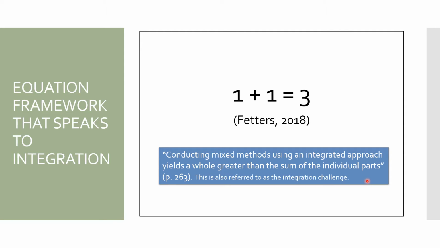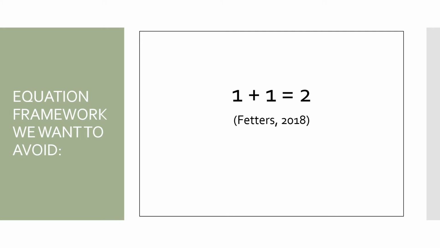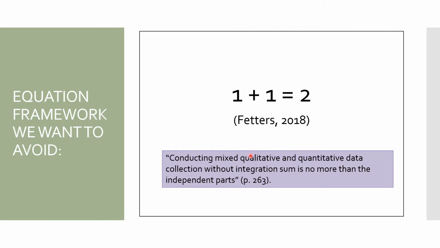As we go back to the example, you'll understand here when we talk about the mixing of colors, you get a new whole. So in mixed methods, we want to get that added value. We want to get that greater whole, greater than the sum of the individual parts. So the framework we want to stay away from would be the 1 + 1 = 2. And what does this mean? This is basically conducting mixed qualitative and quantitative data collection without the integration. So therefore, the sum is no more than the independent parts. So that would be a quant independent study, a qual independent study,